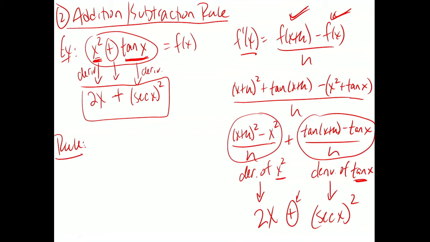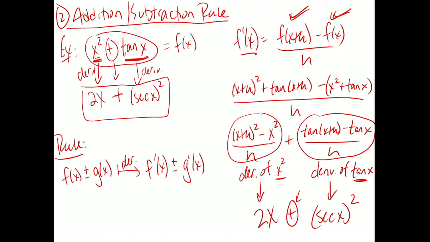So what does the rule actually say? If you want to do the derivative of one function plus or minus another function, the second function I'll just call maybe g of x. G of x is just some other function. If you want to do that derivative, just do the derivative of the first guy, and then add or subtract, wherever is appropriate, the derivative of the second guy. And in fact, you can do this with more than just two. If you have something plus something plus something, you could just do the derivative of each one separately and add. Okay, so